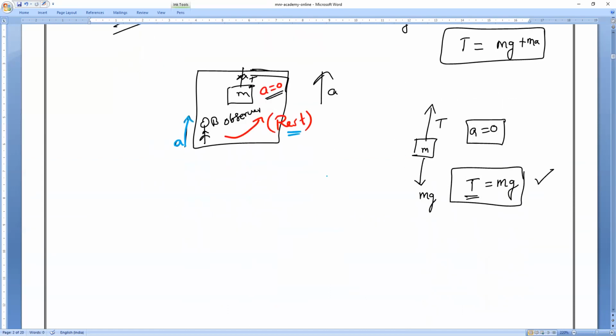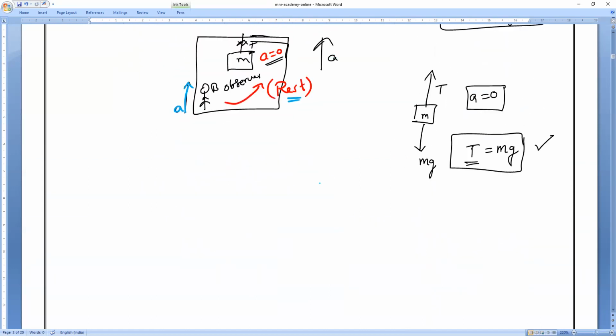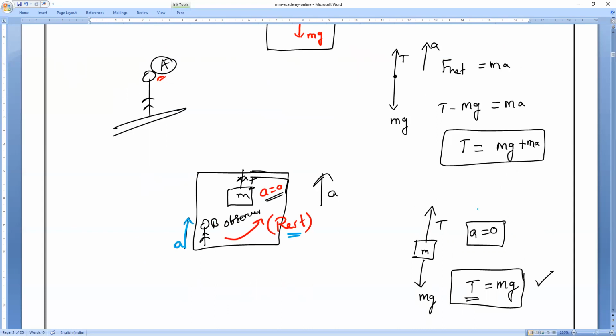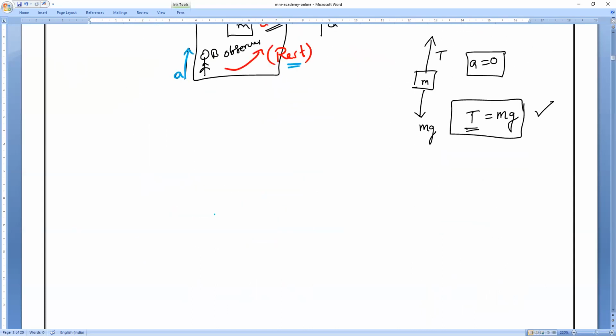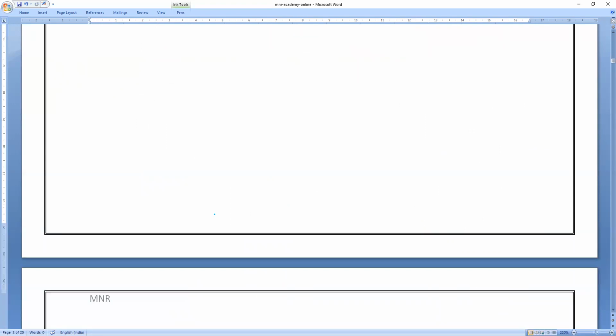Then let us see what the spring balance reading is. Which is actually correct? If you go to the lab, which is correct: if the observer is seeing from the ground or the observer is inside, which do we consider? So let us discuss that. We start now. Everybody clear? Shall we proceed? Yes, sir.